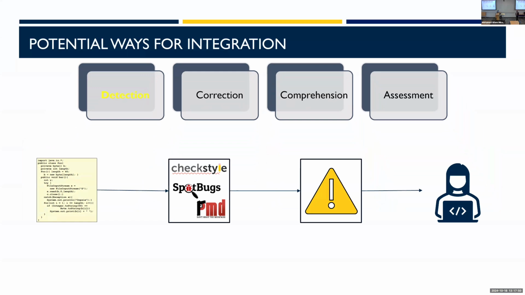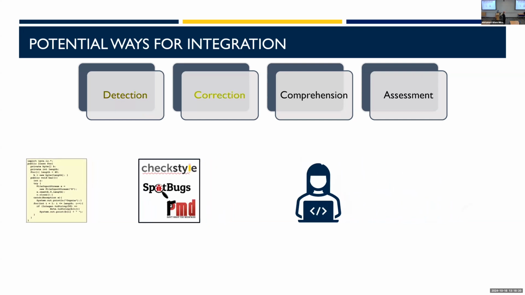So one way to integrate language models will be at the detection level. So it means at this bucket, right? You take this bucket and you replace it with language models, and now they can help you detect those issues because they learn these issues from millions of GitHub repositories that they were trained on. Okay, that's one way to do it. And then you keep the whole thing together. So students will still have to do all the effort of analyzing those issues and then fix them.